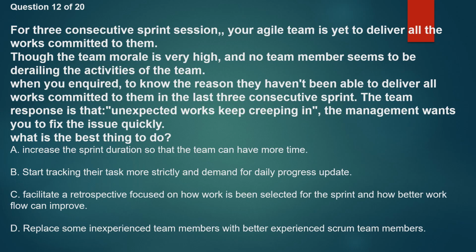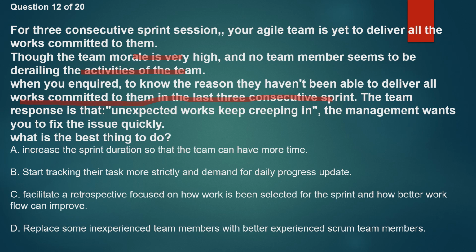Question number 12. For 3 consecutive sprint sessions, your agile team has failed to deliver all the work committed to them. Though the team morale is very high, a good indicator. No team member seems to be derailing the activities of the team, another good indicator. When you inquire to know the reason they haven't been able to deliver all work committed to